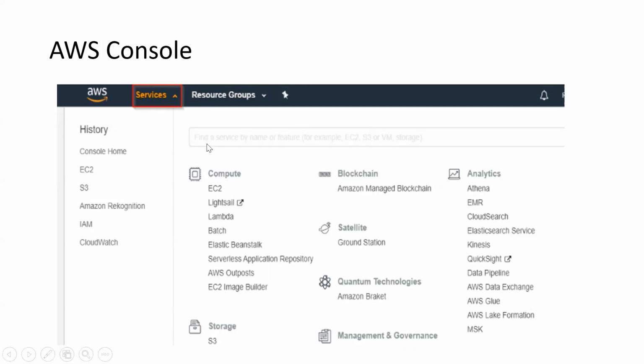For example, for compute services, if you want a computational tool, lots of components are available, and you need to choose and launch one of them.